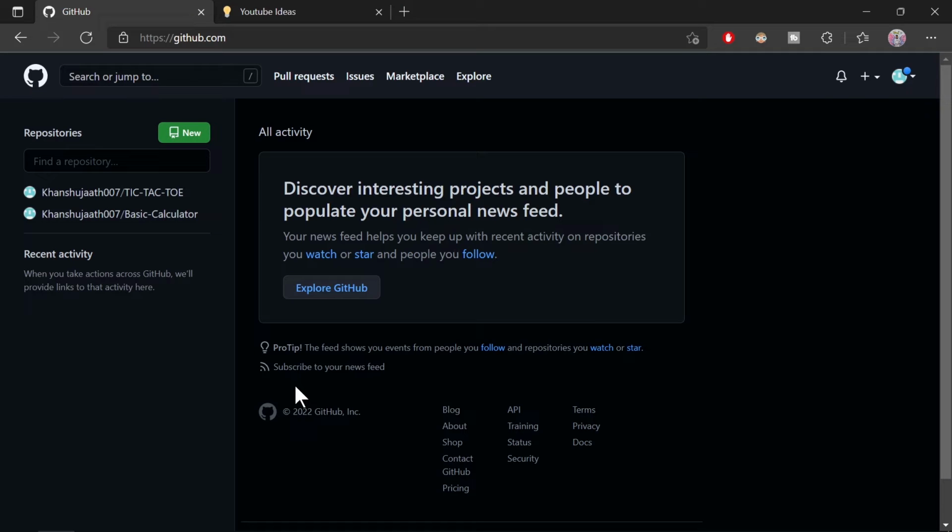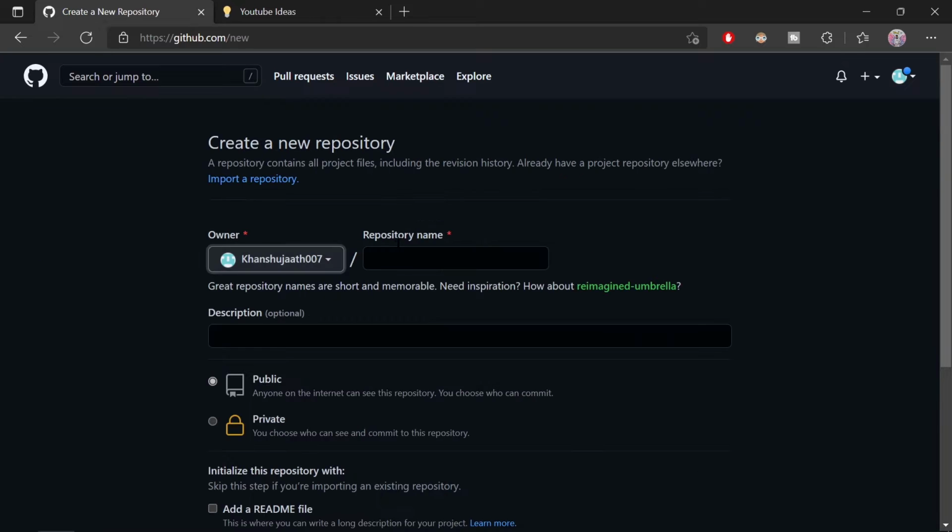As you can see guys, I have already created 2 repositories, but I'll show you from scratch how you can create a new repository and upload your website or host your static website. First you need to click on this button next to the repository to create a new repository on GitHub, and here you need to give the name of your repository. Let me give it as test,